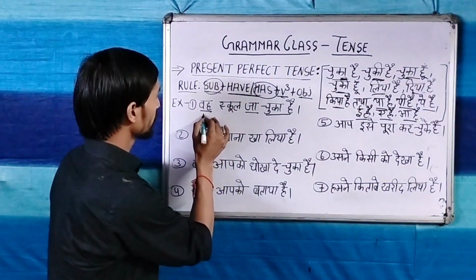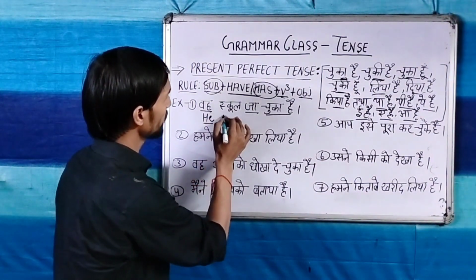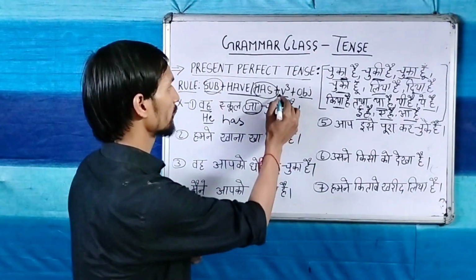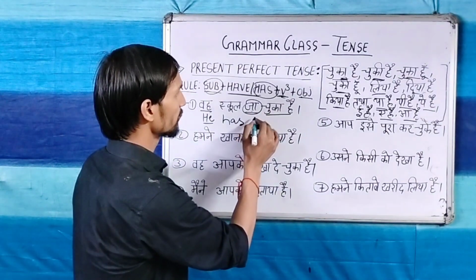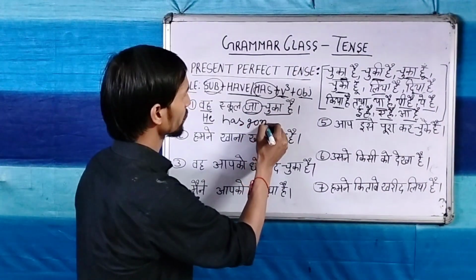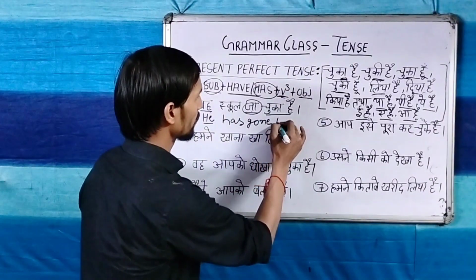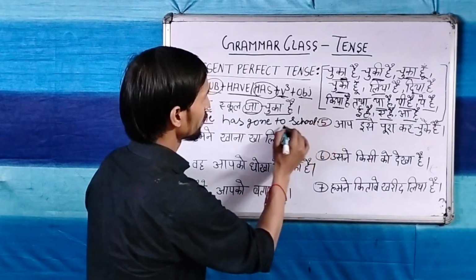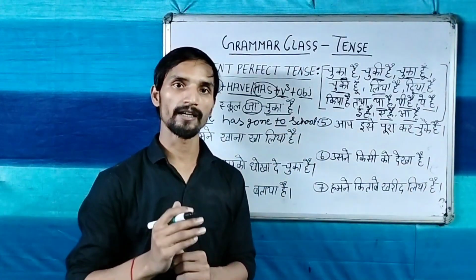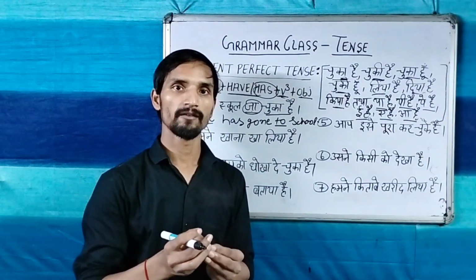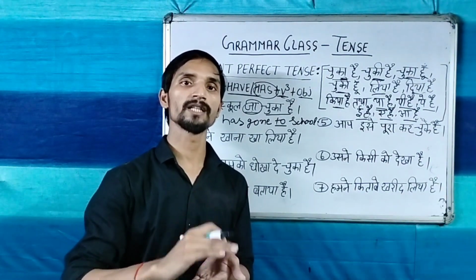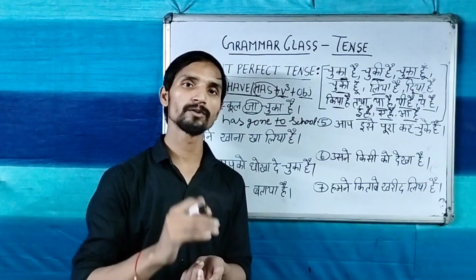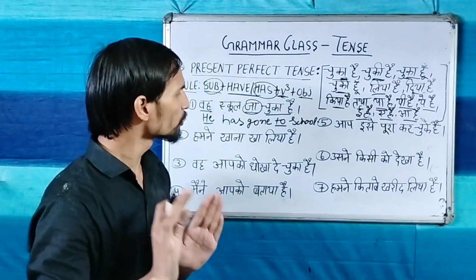So now subject is he, with he we will use has, with has, go. Verb, now verb will come, and what is the third form of the go? That is gone. He has gone, and object school, he has gone to school. We use to when we connect with any place, when we visit any place and the name of the place has been given. So before the place name we use to, and to is a preposition which is used before noun and pronoun. You should know about it.